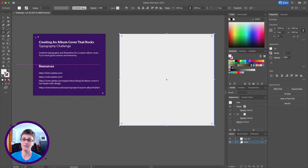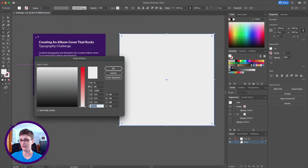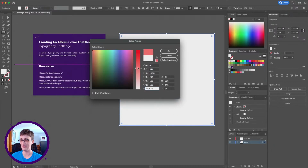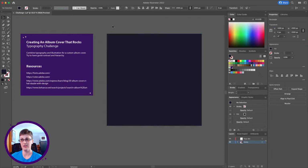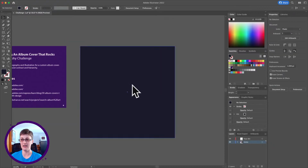So once we've got our fill selected, I'm going to double click here, and this is our color picker, and this is where we can change our color to whatever color we want in the whole rainbow. I'm a little bit partial to purple, so I'm going to pick a nice dark color, just like that. Alright, now that we've got our rectangle there for our background,